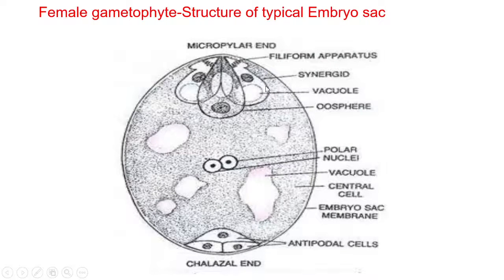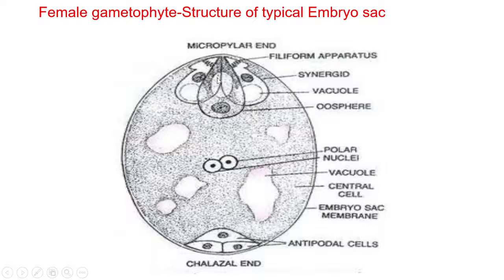Usually these 2 synergids are spherical structures which degenerate and disappear soon after fertilization. It is believed, according to embryologists, that they play an important role in directing the pollen tube by secreting some